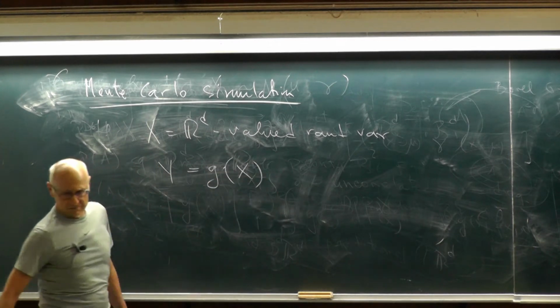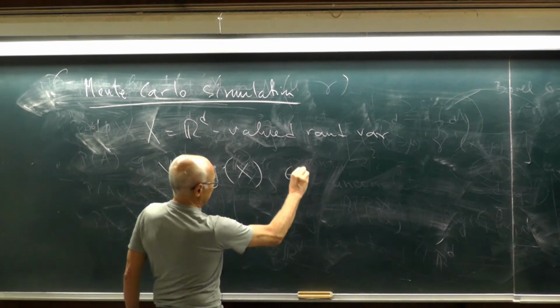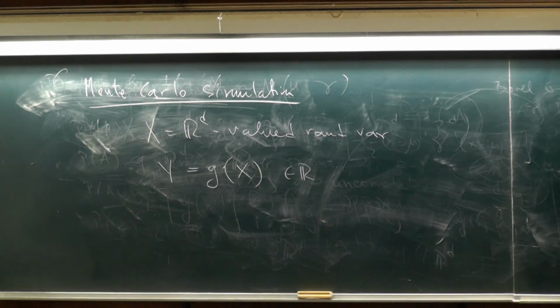So it's a mapping of X. You remember we started our discussion this morning with such an output that was a displacement, the tip displacement of a cantilever, and depended on the two-dimensional random vector, stiffness and load. That's a model,